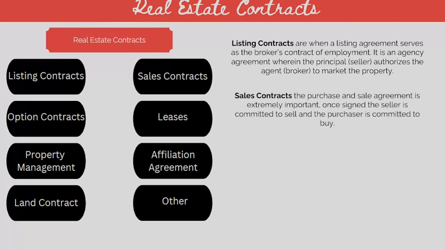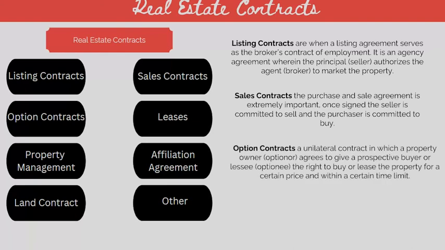Sales contracts: the purchase and sale agreement is extremely important. Once signed, the seller is committed to sell and the purchaser is committed to buy. Option contracts: an option is a unilateral contract in which a property owner, the optioner, agrees to give a prospective buyer or lessee, the optionee, the right to buy or lease the property for a certain price and within a certain time